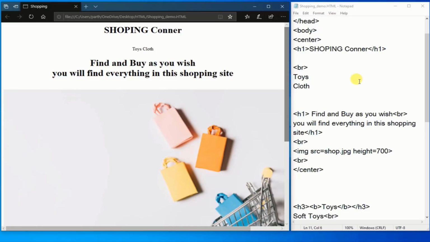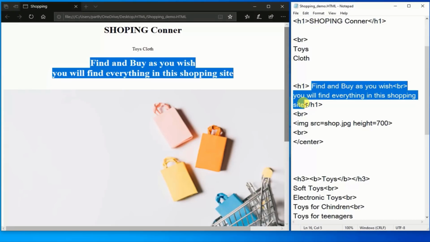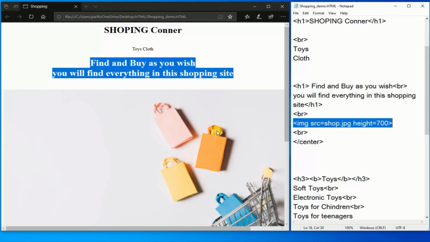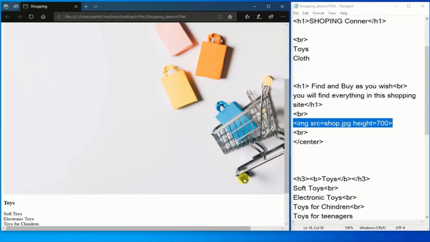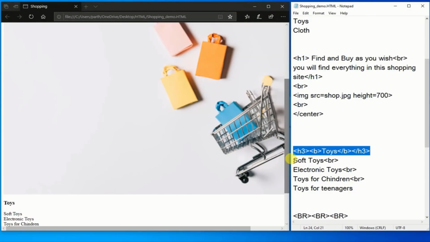Let me brief you about the Notepad file I have created. I made a demo of a shopping site. In this shopping site, different categories are there like toys, fashion, then a text and then a cool picture about our website. Below that picture, our products according to our categories are displayed.